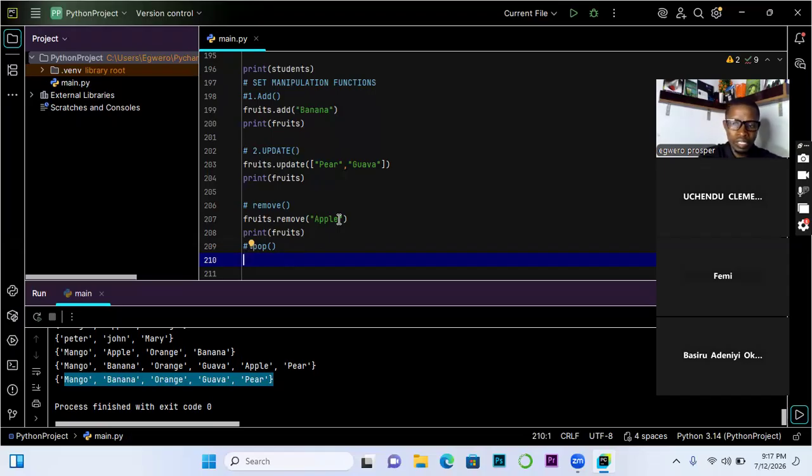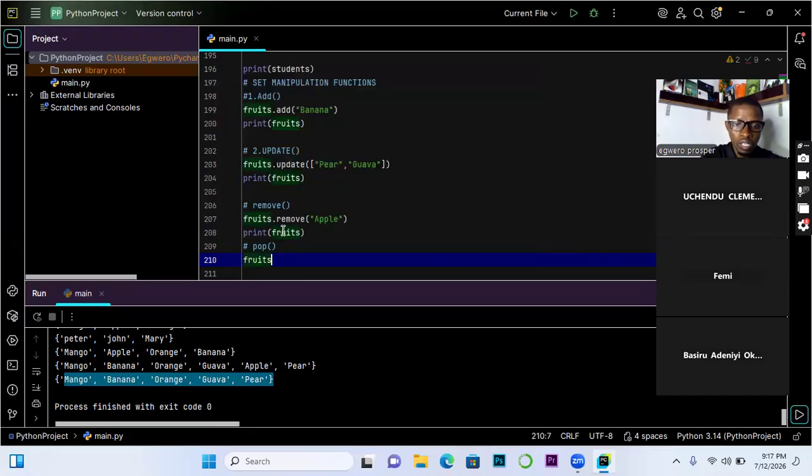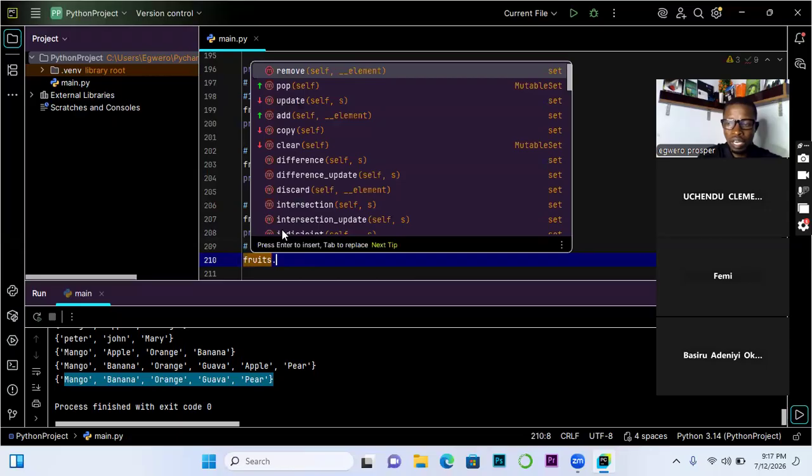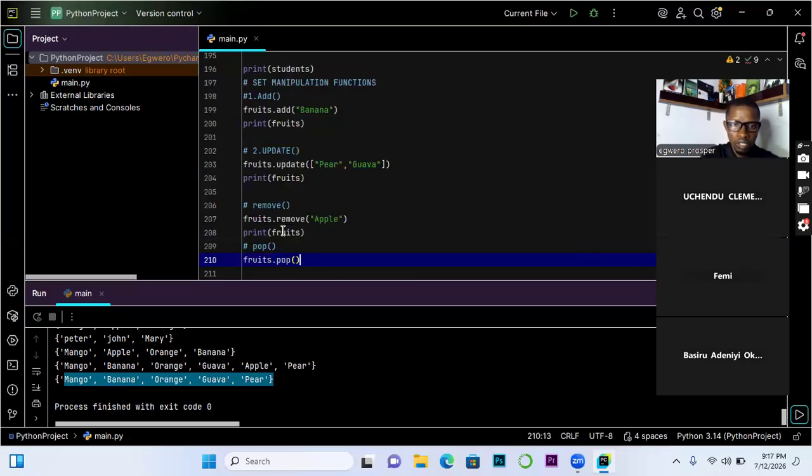So now we can call back the fruits and say dot pop. Remember one of the things I told you last time, once you call a function and you see only self inside it without also defining an object, you know that you are not meant to put anything inside.